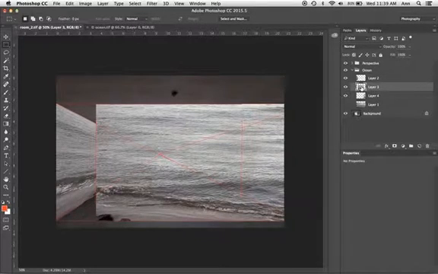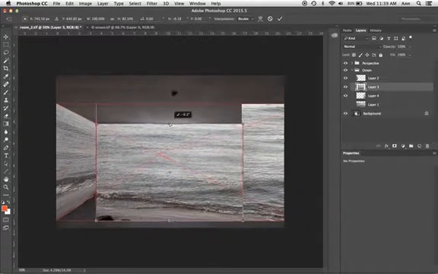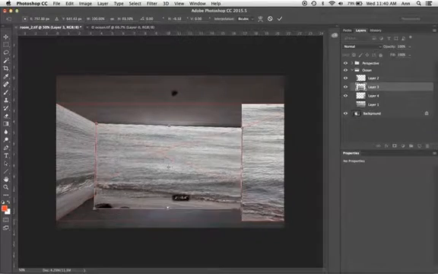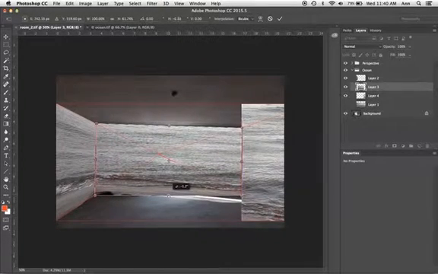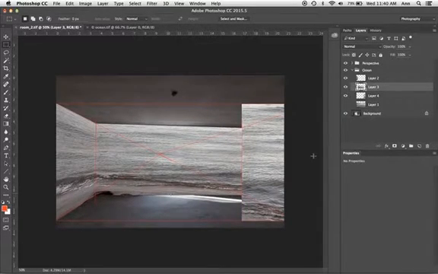And so now let's go to the center one, Command T, hold down the Command key, and align it with the corners, which are actually a little bit different on each side because the room's slightly skewed. And that looks pretty good. Hit enter and go